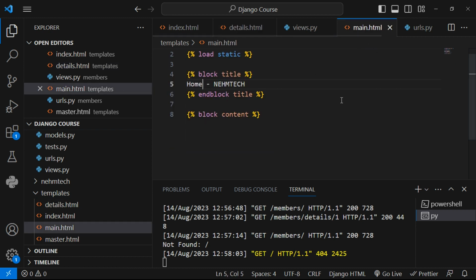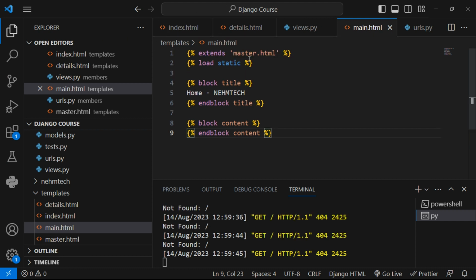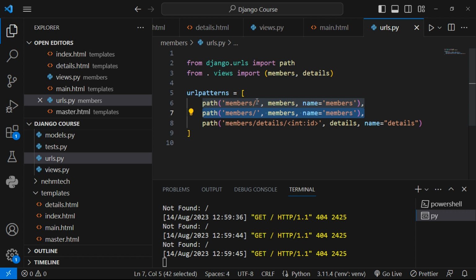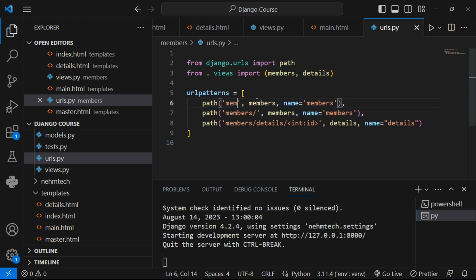End block for main also here should be, so anything that we want to be displayed at the home should be here. We need to configure the URL patterns here, the urls.py. So here I'll say, let me just refresh. Here I should have used just an empty list like that, just an empty thing, and then here I'll